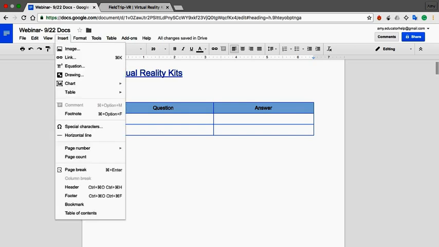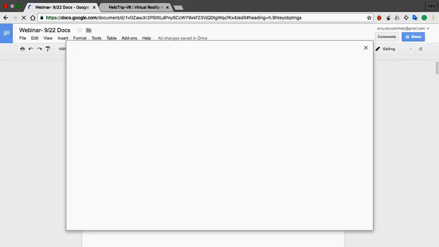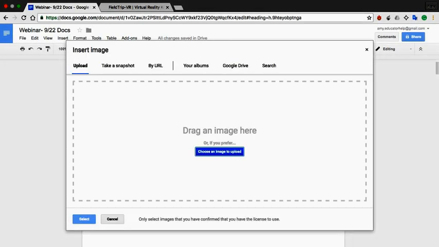From the Insert tab, we can also insert equations, which I'll talk about in a second, and drawings. Drawings are really useful if you want to do text boxes. So say we insert an image, and from here you can choose to upload it from your computer or by URL. There's a bunch of different ways. You can search on Google Drive, or you can actually